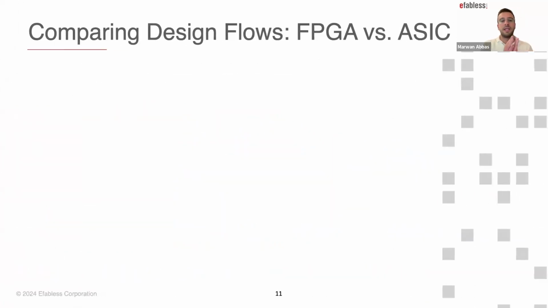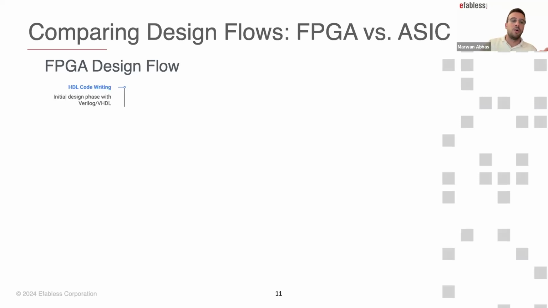And now let's take a closer look at the design process difference between FPGAs and ASIC. While they start off similarly, ASIC does have more steps to it. So let's start with an FPGA design flow. It starts with hardware description language. So you actually write a Verilog or VHDL code that describes your hardware, and then you do